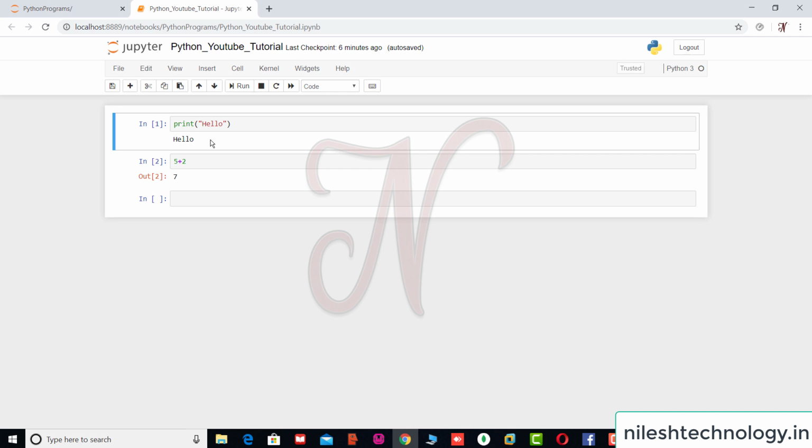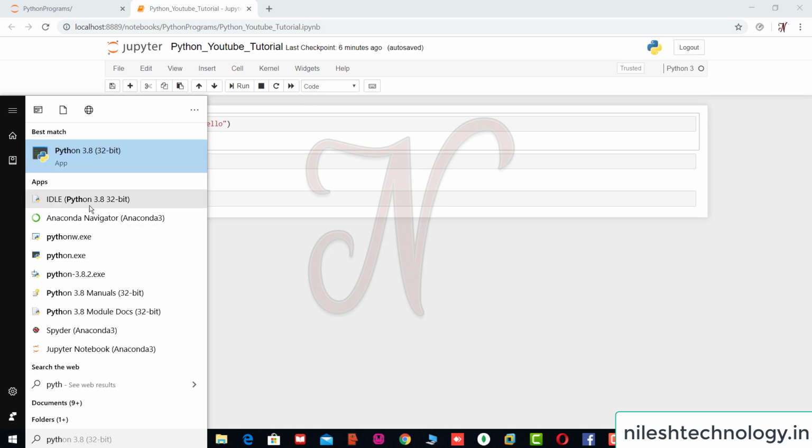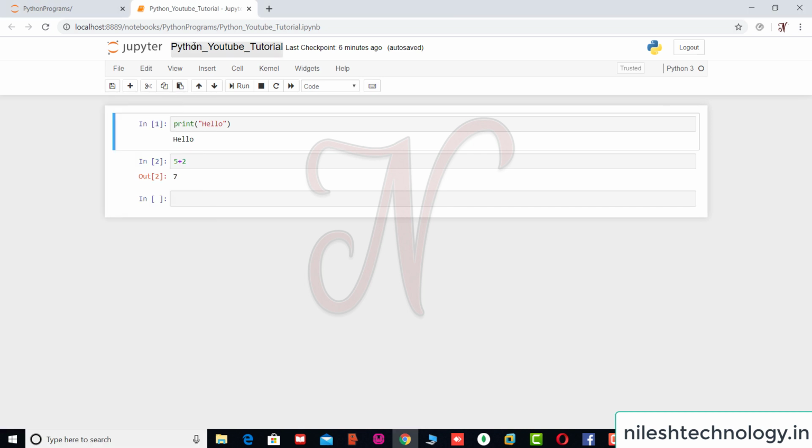Okay, so my preference is that if you learn basic Python, you can use the basic command prompt like this or the IDE. But my preference is that you use this Anaconda distribution, because you can save the input as well as the output in one file.